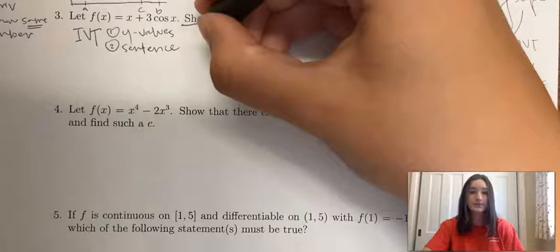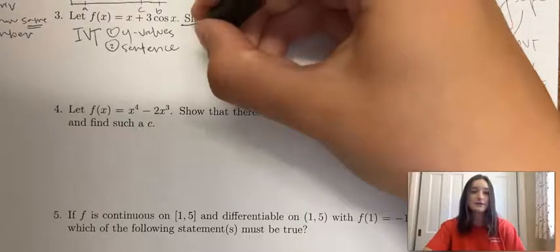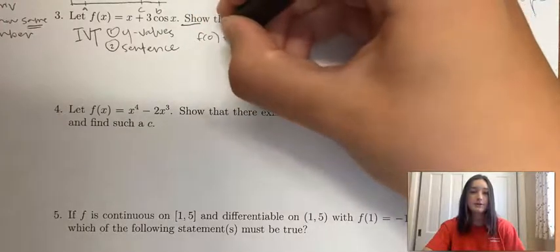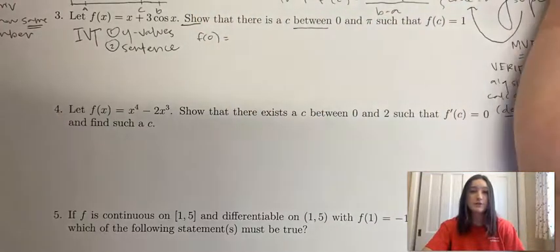Okay, so I just skipped ahead a little bit here. Like I said, this number 3 is IVT, and with what we're given, the first thing that we have to do is we have to find the y values. Remember on that formula that you have to prove that a number is between two different y values, and in this case, you're given 0 and pi, you're given the x values, but you're not given those y values. So we need to find those first, and I'm just going to do that by plugging that in to f